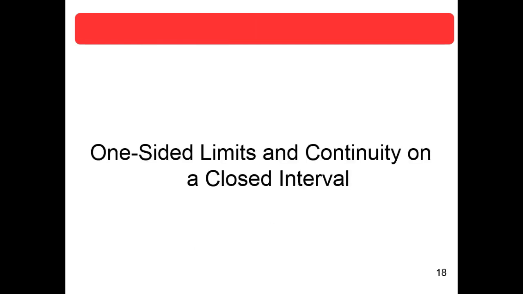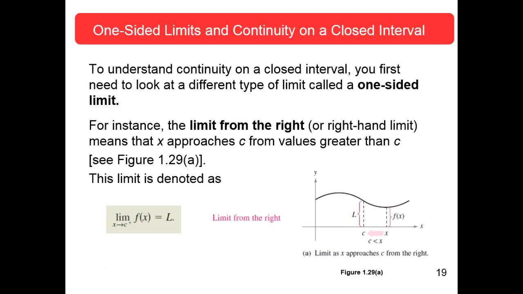All right, one-sided limits and continuity on a closed interval. Two different subjects here, but covered in the same subsection. To understand continuity on a closed interval, you first need to look at a different type of limit called the one-sided limit. Okay? So, for instance, the limit from the right, or the right-hand limit, means that x approaches c from values greater than c,